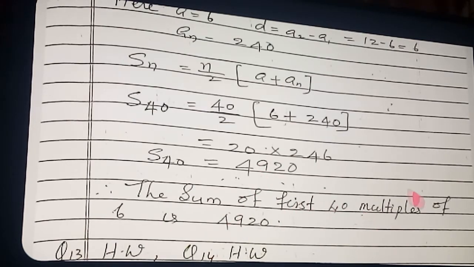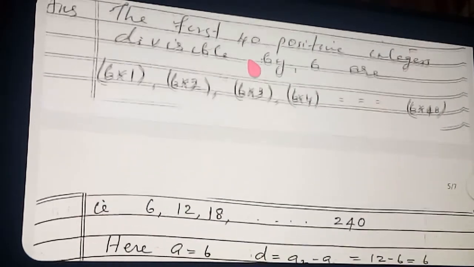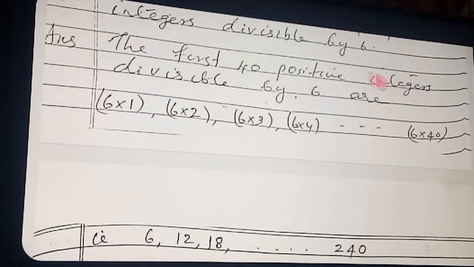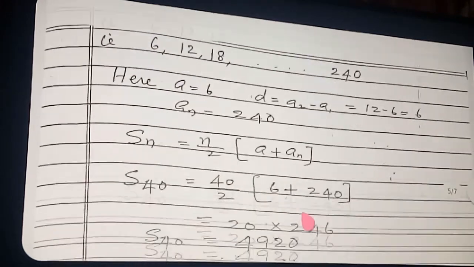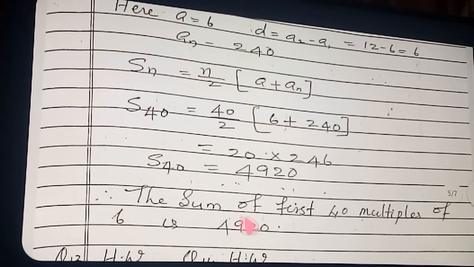Here the teacher has written multiples. Now your question is given as divisibles. Okay. So both are actually multiples, divisible by 6 also. Here you correct over there. So what is your question? Find the sum of the first 40 positive integers which are divisible by 6. Therefore, for the last conclusion, do the correction. Therefore, the sum of the first 40 positive integers which are divisible by 6 is 4,920. Clear? Do corrections here.